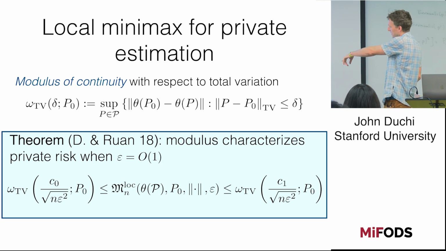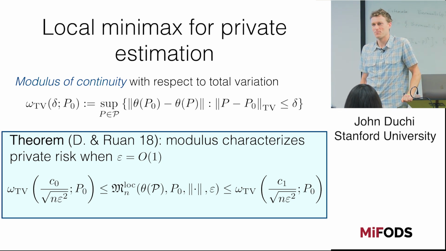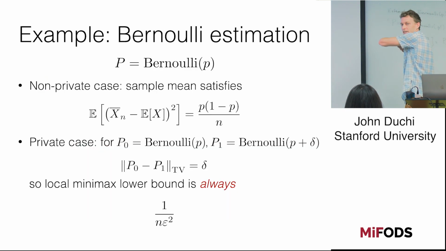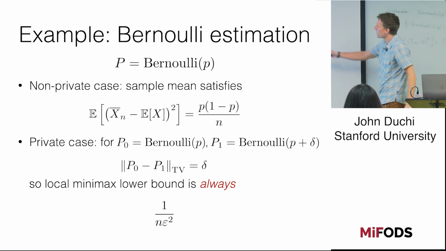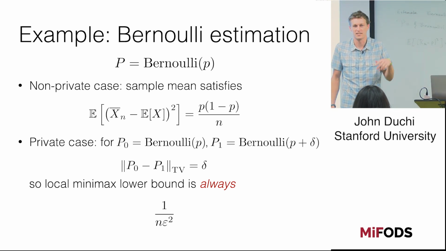Specifically, it turns out that these numbers are typically too large to actually allow effective estimation. Let me give some examples of what happens with this. So here's a funny one. Here's this Bernoulli example again. For the non-private mean, the sample mean's variance is always p times (1 minus p) over n. The smaller p is, the easier things get.